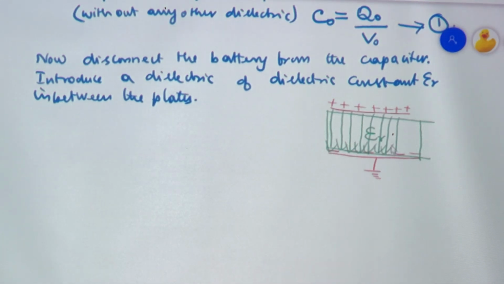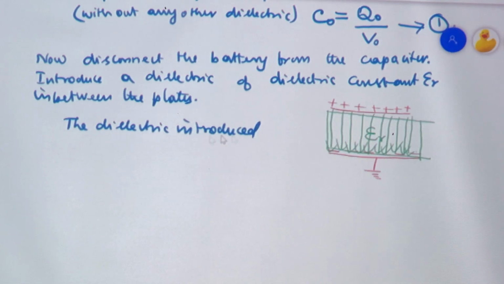to each other, starting from the positive plate and terminating at the negative plate, indicating that the electrical field in between the two plates is taken to be uniform. So what will happen? When you introduce this dielectric between the plates, that dielectric will reduce or decrease the electrical field. Why? Let us see. The dielectric introduced in between